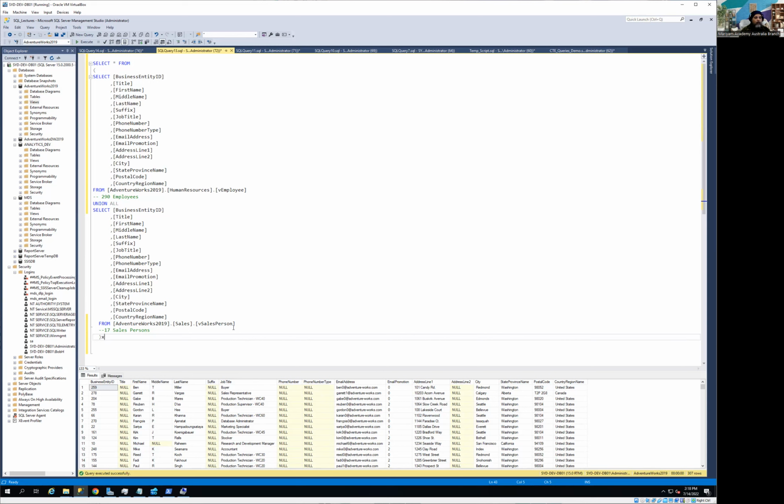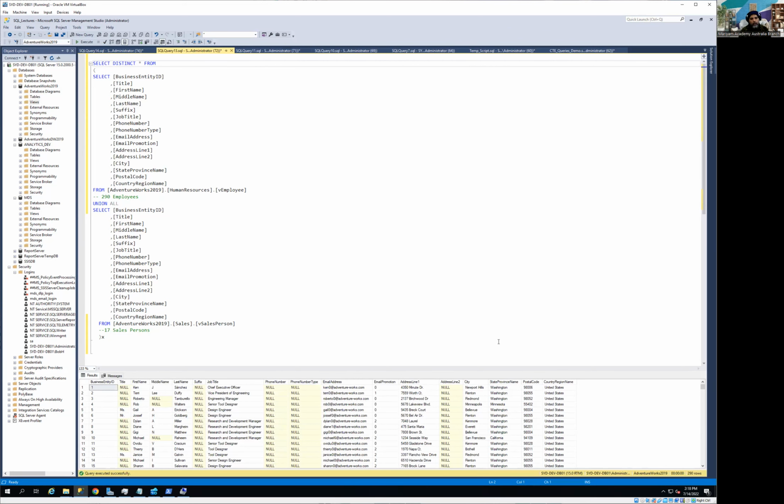So for example, I put these two together and I union all, and now I know I am getting 307. Now, somehow I want to distinct the records to get the unique records. So I'm just going to run it, and you can see we are getting again 290 records. So these sort of operations we can apply, and now you can see how things are shaping. That's one of the powerful areas of SQL. Like you can apply these transformations to shape the data